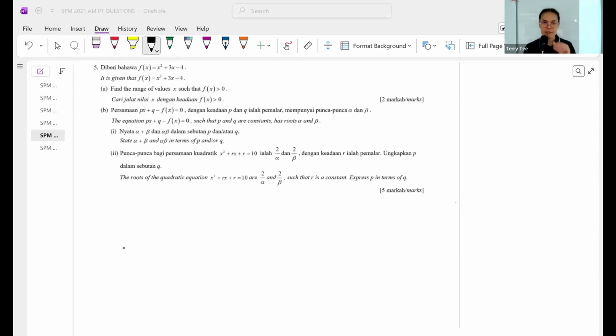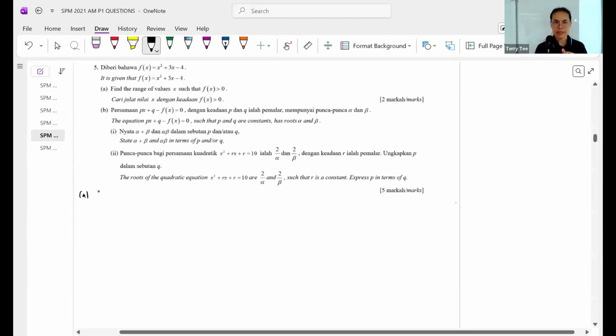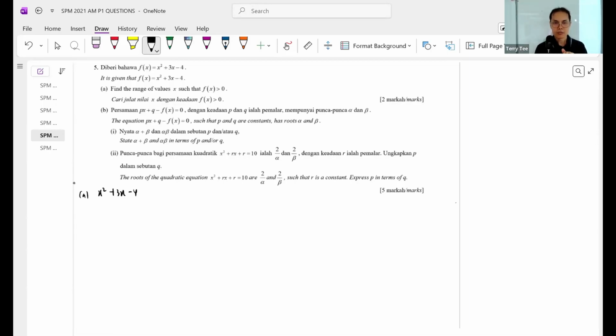So it is given that f(x) equals x squared plus 3x minus 4. So find a range of x such that f(x) is more than 0. So the first part is quite easy. We just let your f(x), x squared plus 3x minus 4, more than 0. Double bracket factorize. Okay, x plus 4, x minus 1. Sketch a graph. The roots are